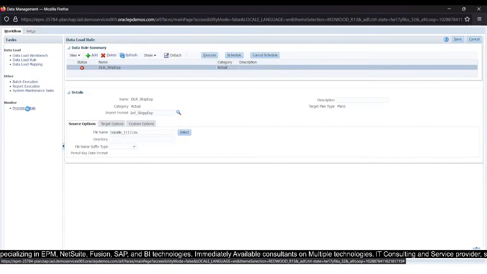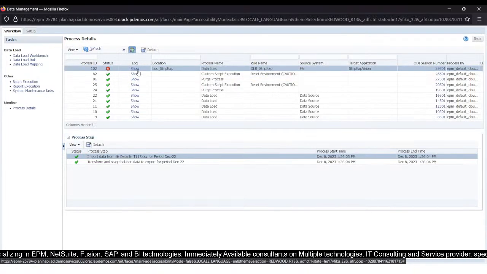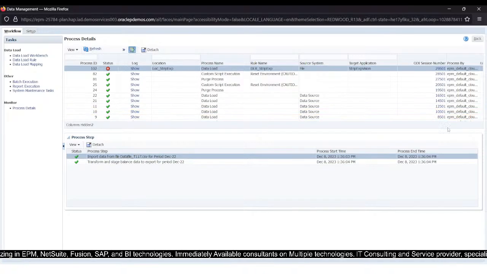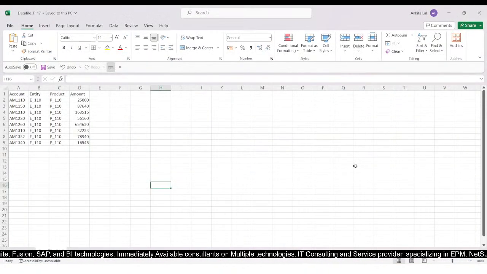There is some error. Let us go to the process detail and view the log file here. So to view the log file, I will click on show, and then